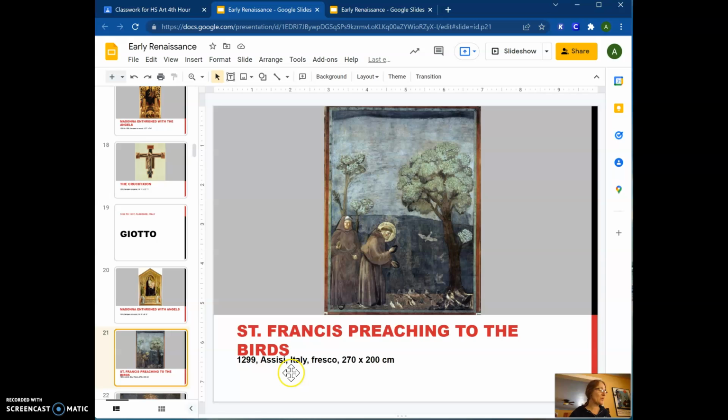He got his chance when Assisi basically went into battle with another city-state. Now remember, I told you that these cities in Italy were called city-states. And if one city nearby did something to upset another city, they may take up arms against each other and fight. Well, that's basically what had happened. And what St. Francis did